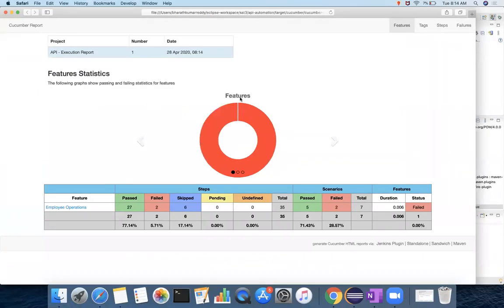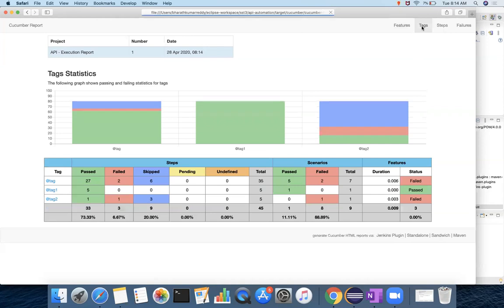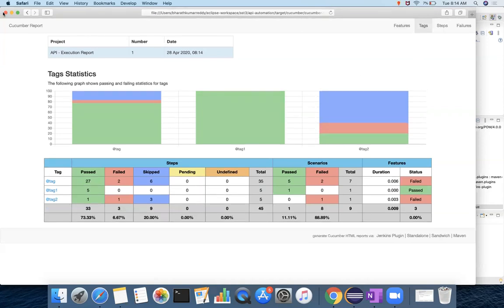Now we have only one feature file, and that feature file has failed. That's why you can see it in red color. It executed multiple scenarios, 5 passed, 2 failed, so that's why the symbols are like that. And the steps show how many steps executed and how many skipped. Skips come when you have 5 steps in your test case and the test case fails at the second step, and then the remaining 3 steps will be skipped. So this is the detailed report of how many have been executed. I hope you understand these scenarios.